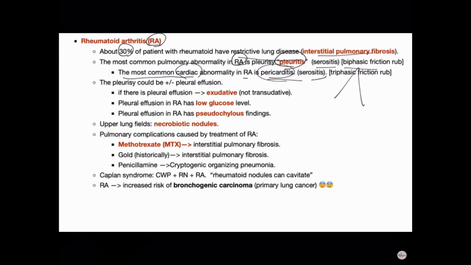Triphasic friction rub. Let's say that you're hearing a friction rub, you're not sure if it's biphasic or triphasic, you're not sure if it's pleuritis or pericarditis. Ask the patient to breathe in and hold his or her breath. If the friction rub disappeared, it was pleuritis, because the heart is still pumping, by the way. If it did not disappear, this is pericarditis. The pleurisy can